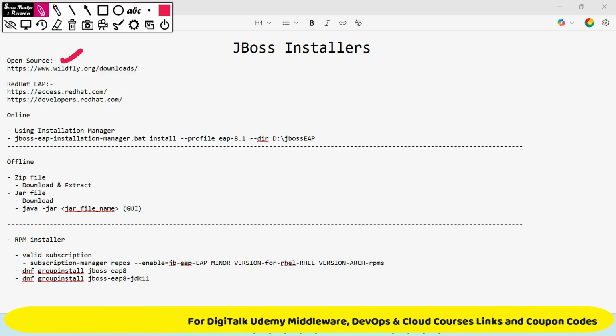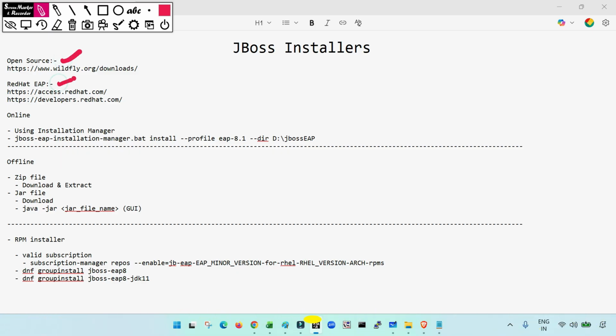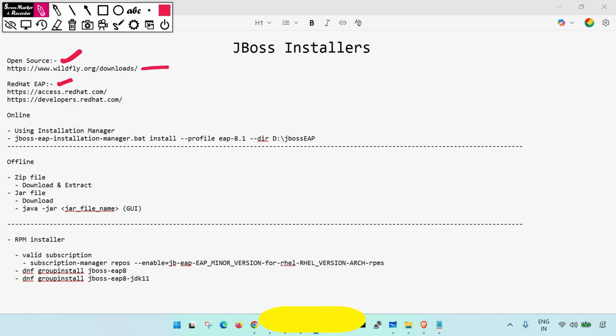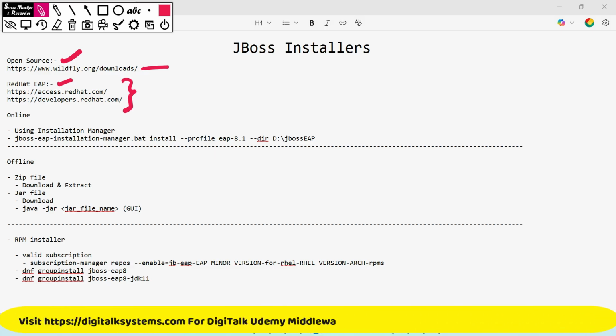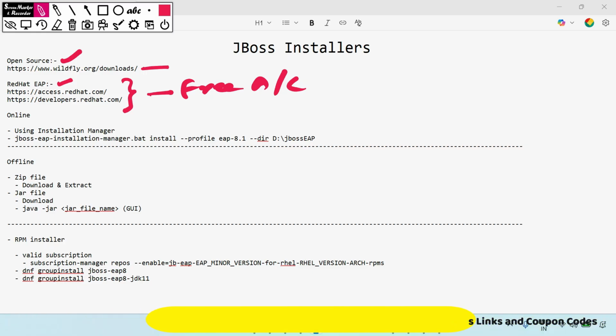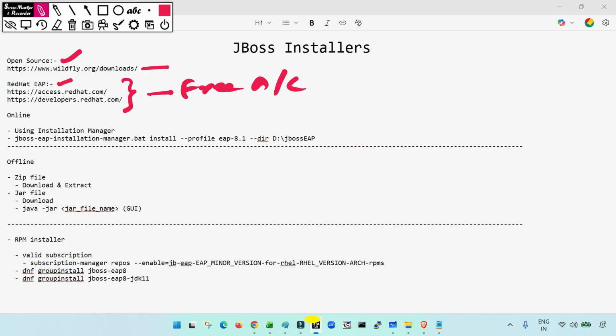The first one is the open source, and the second is the enterprise, where we get the support from the Red Hat organization. If you want to download the open source, you can download it from the WildFly website. And if you want to download the enterprise version, then you can go to access.redhat.com, or you can go to developer.redhat.com. You can create your free account here, and you can download and use JBoss EAP for your testing and